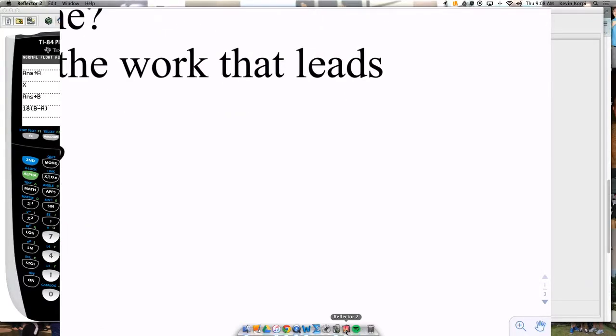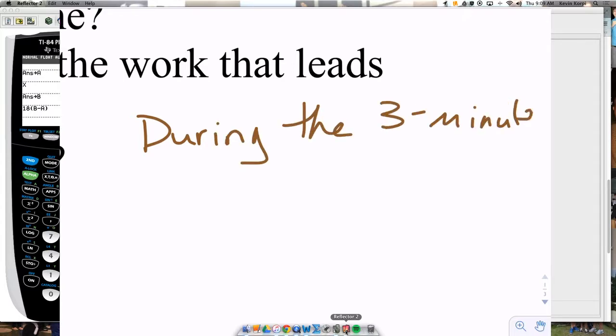During the 3-minute ride, I spelled minute correctly there, comma, for how many seconds